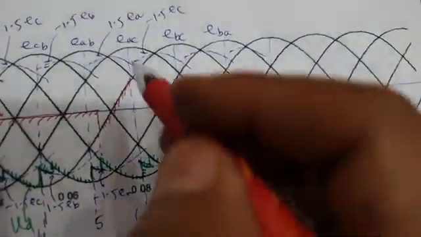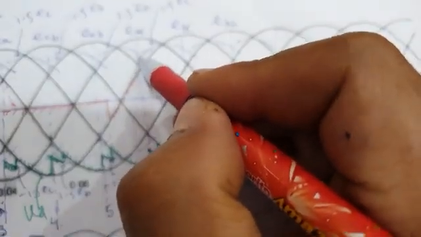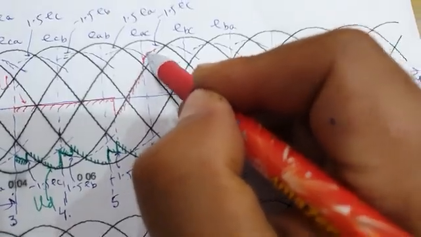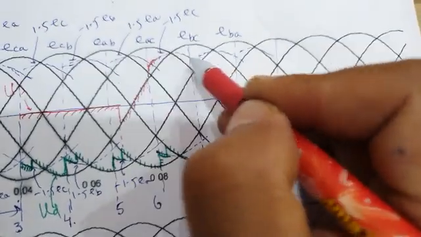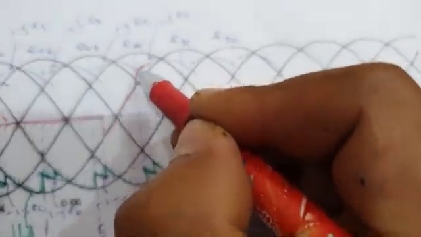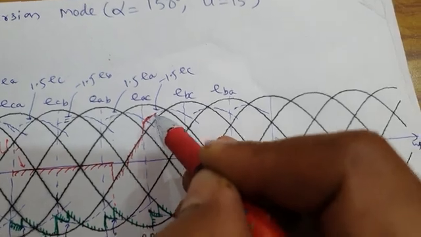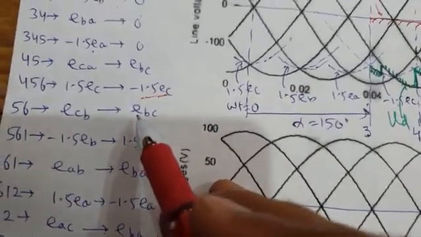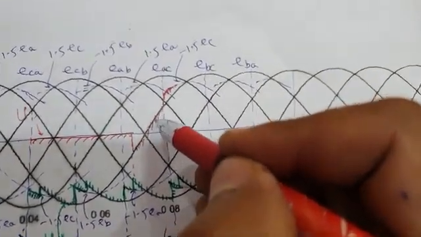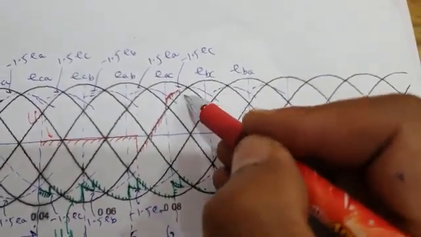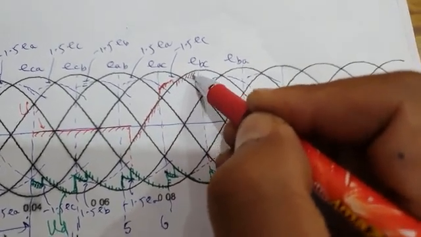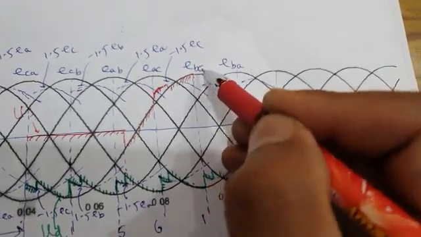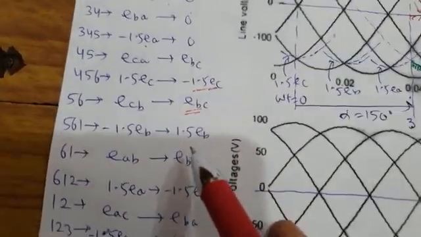इसके ऊपर ही, जस्ट ऊपर। तो ये 1.5 टाइम्स ईसी है, तो ये इसी को फॉलो करेगा 15 डिग्रीज तक। तो ये माइनस 1.5 टाइम्स ईसी है, मैंने पहले ही यहाँ लिख दिया है। सो 15 डिग्रीज यही रहेगा। उस 15 डिग्री के बाद आपकी लोड वोल्टेज फिर से ईबीसी हो जाती है, क्योंकि ईबीसी को फॉलो करने के बाद, यह अगले फायरिंग इंस्टेंट तक, 45 डिग्री के लिए, ईबीसी ही रहेगी।